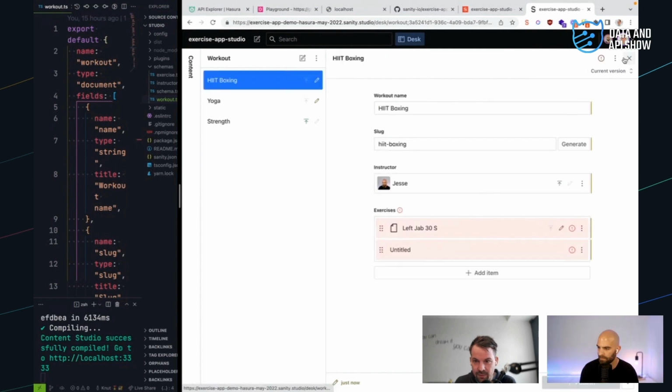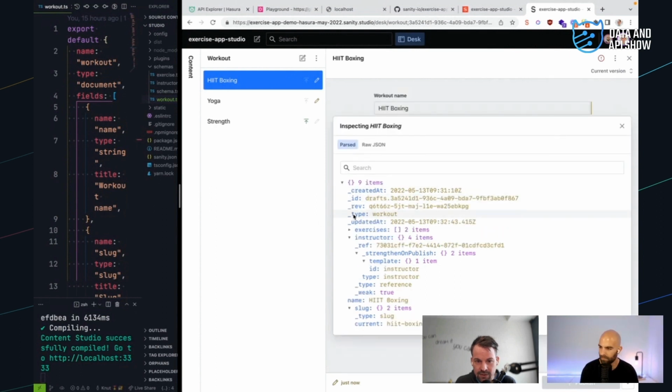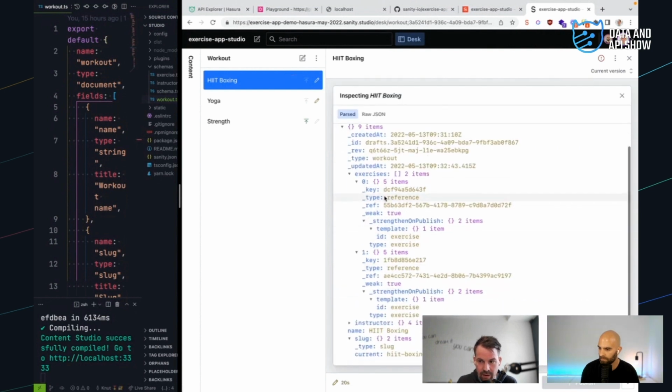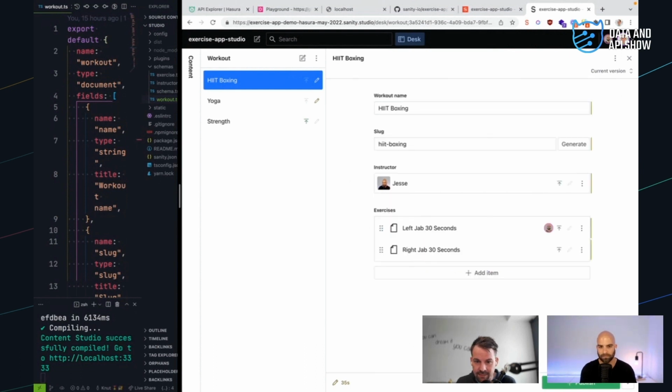So what happens here behind the scenes is that we are kind of like composing a JSON document. Here you can see this JSON document that's synced real time to the hosted content lake. And what you are doing now is adding references to separate documents. These can be joined by either Grok or GraphQL, of course. And they are indexed, so you can't delete an exercise that is referenced from this workout. So we'll also have that protection, right? That's pretty neat.